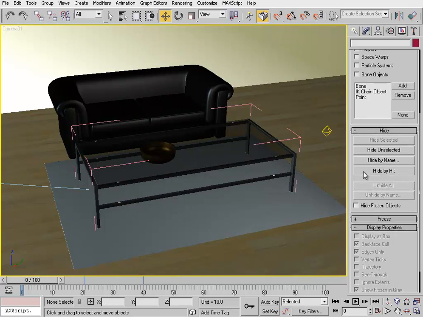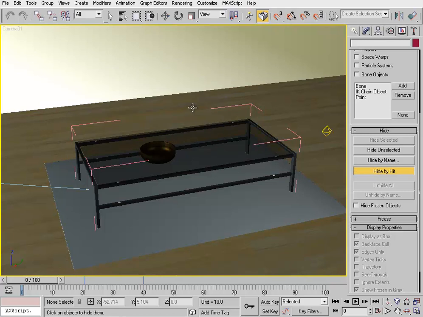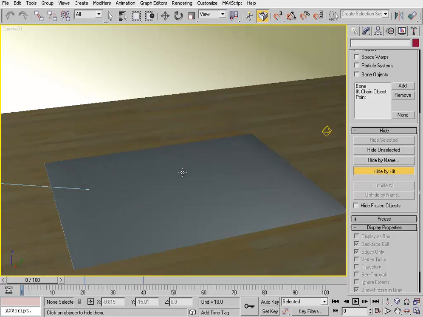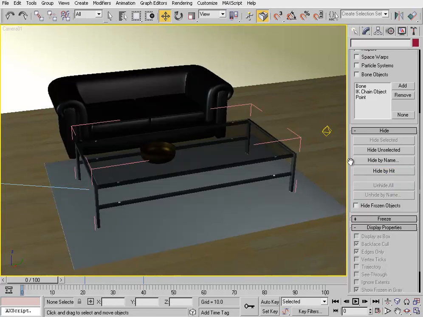Likewise, we can hide by hit. This is another feature that is not available in the quad menu, and we can do that. Hide by hit, select this and choose the object you want to hide. This will be hidden. Okay, then unhide all. So this is a very nice feature. If you have more complex geometry and you have to select a particular object, or you have to work on a particular object, you can do that. For example, I want to work